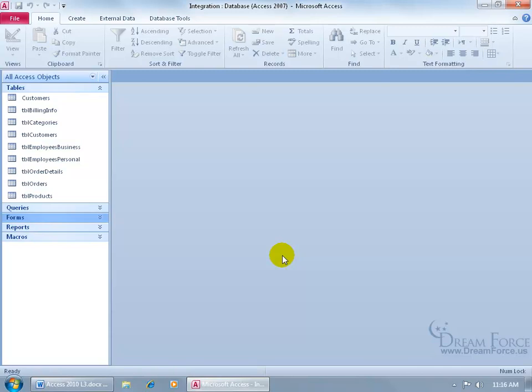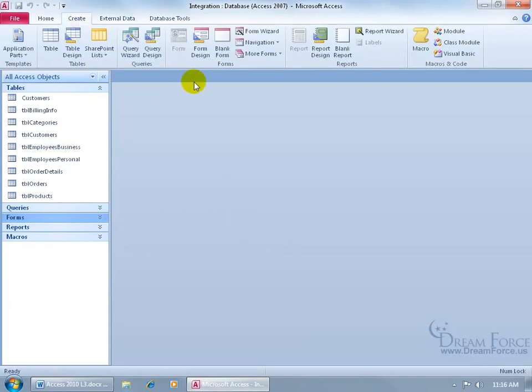In other words, it's one-stop shopping. You get all the forms and reports you want within one window. You don't have to come over here and click and open up and display several windows. For example, to create it, come up here, click on the Create tab, go to the Forms group, and there it is, Navigation, hover over it. There's the explanation. It creates a form that allows people to browse to different forms and reports, but within the